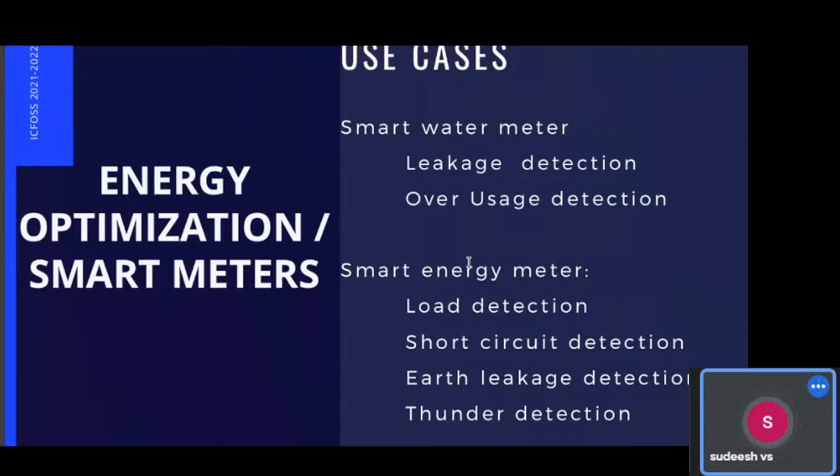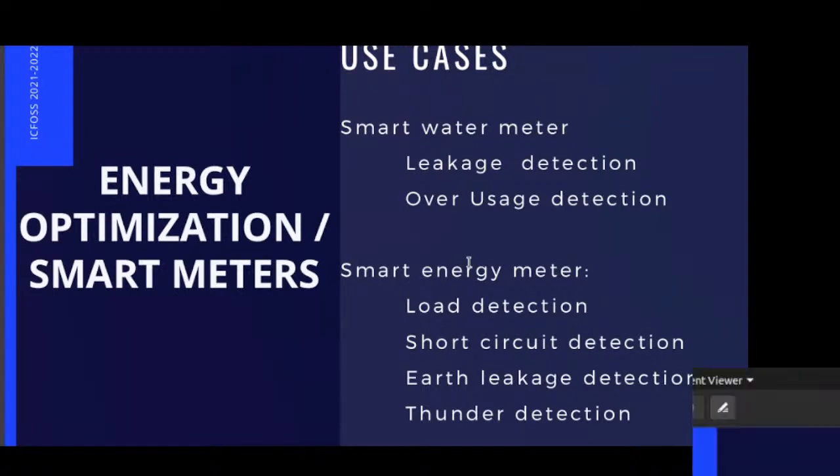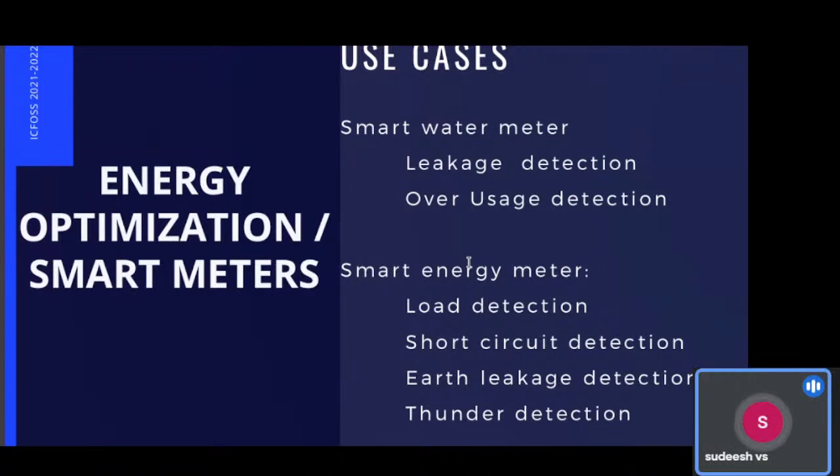Currently available leakage detection water meters are purely threshold-based. But in the near future, we can use genetics to predict leakage and overusage, and block the water if you are using more than your fixed level.